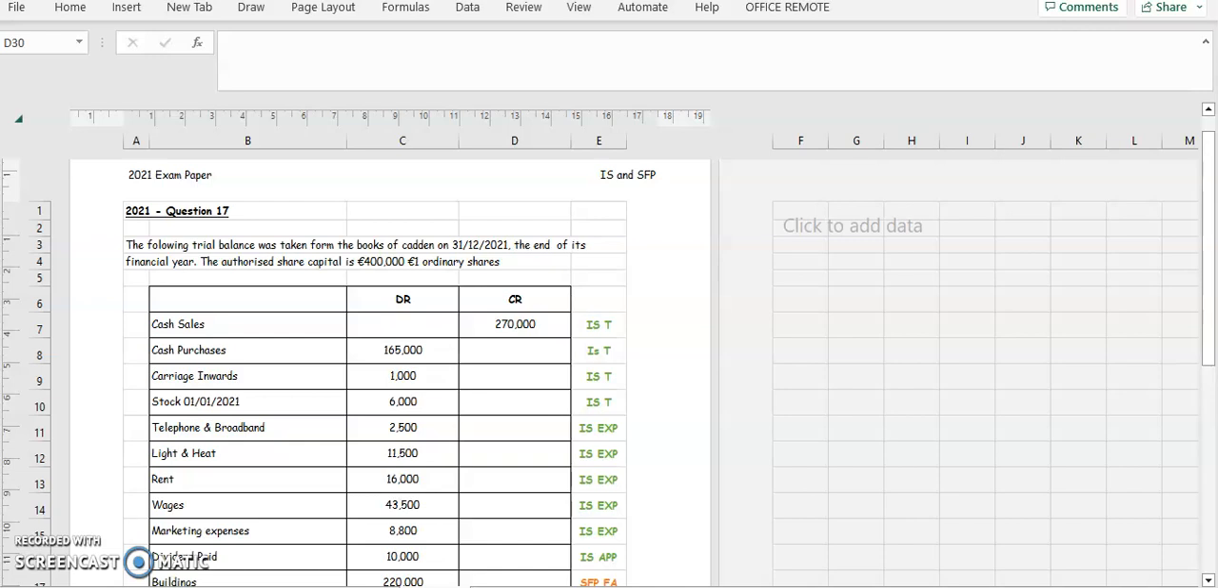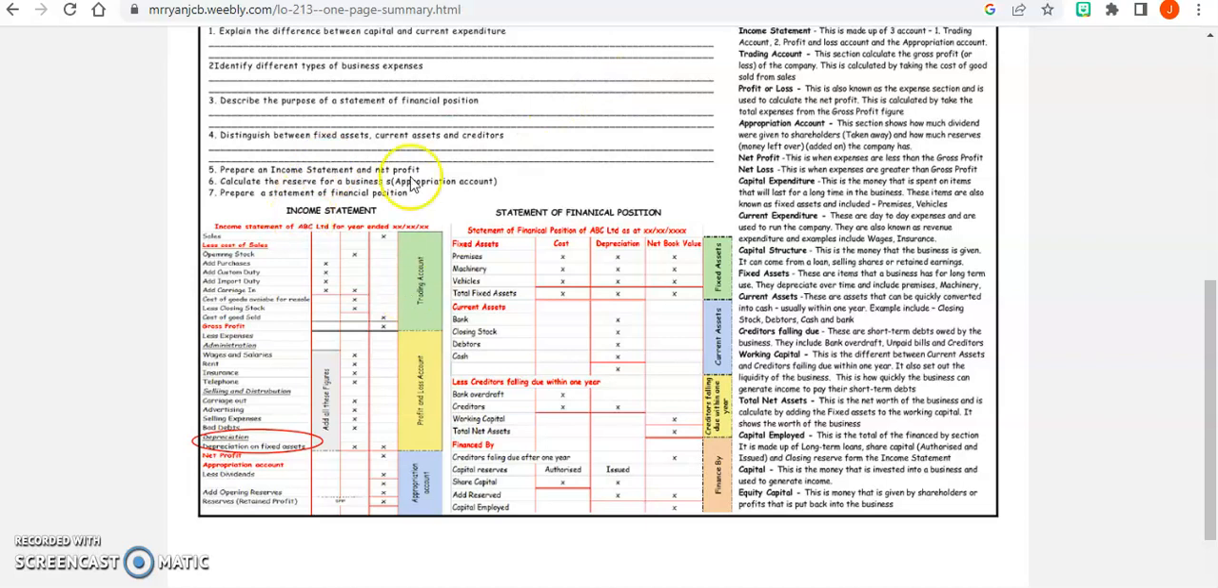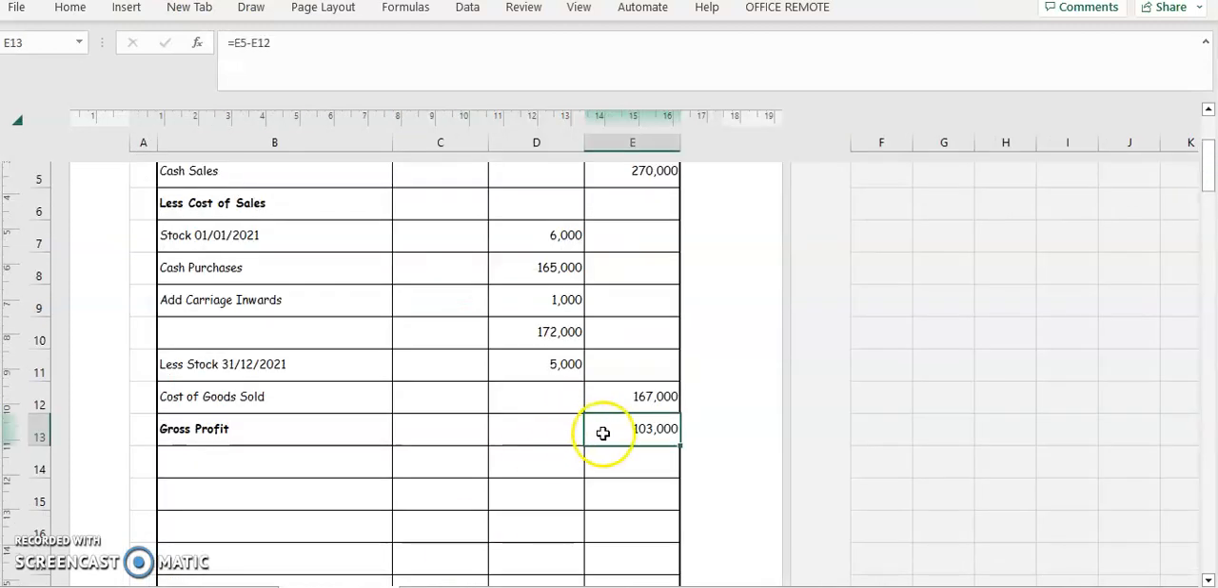Okay, so let's have a look at the 2021 question 17, income statement and statement of financial position. So in the previous video, we looked at where each one of these items go, and I also mentioned making sure that you know the layout of the income statement and the statement of financial position. Because we're looking at the income statement, you need to know the trading account, the profit and loss, and the appropriation account. In this question, they've kindly done the trading account first, so we've got up as far as our